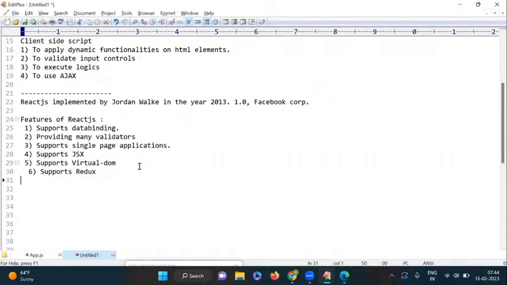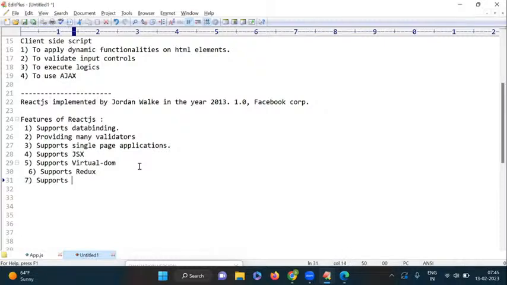Okay, Redux is providing more enhanced features than cookies, sessions and other objects. So we are also discussing local storage, session storage, and along with that, we are also discussing the Redux concept. I will explain what Redux is and what the benefit of Redux is. Okay, next one here,